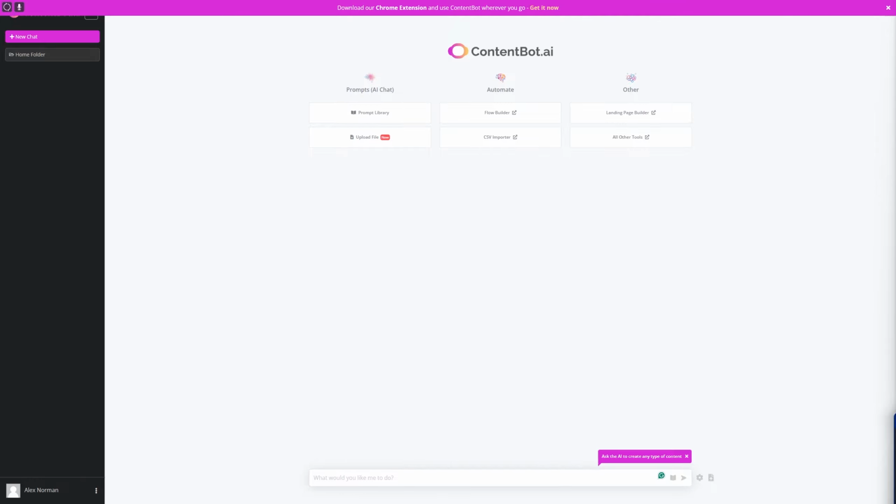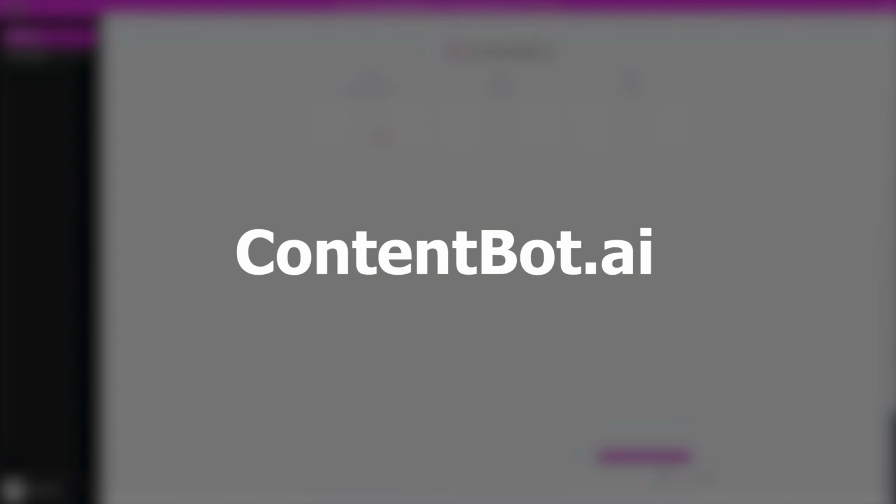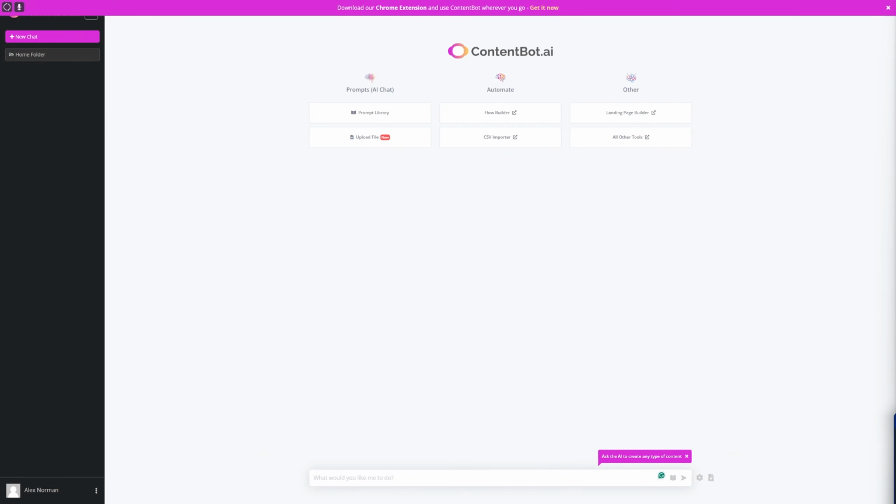Hi everyone, welcome back, and today we have this platform called ContentBot.ai, and this is the best AI content automation